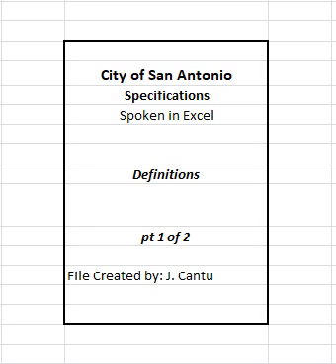3. Arterial highway. A highway used primarily for through traffic and usually on a continuous route. 4. Award. The city's acceptance of a contractor's bid for a proposed contract that authorizes the city to enter into a contract. 5. Bidder. An individual, partnership, limited liability company, corporation, or joint venture submitting a bid for a proposed contract.